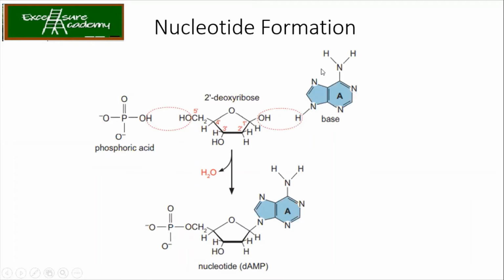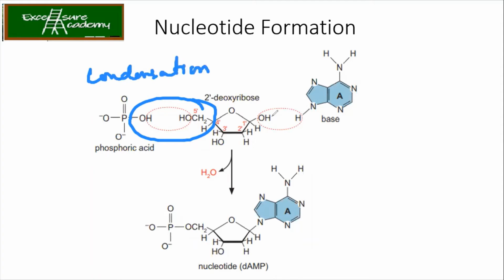As such, nobody is going to ask the structure, but the positions of the carbon and nitrogen, which are involved in the formation of the bond. Now, here what is happening? There is a loss of water. What is the name of the chemical reaction when there is a loss of water? Condensation reaction. Very good. It is called condensation reaction. So there is loss of water here also. So you can see that a bond is formed.